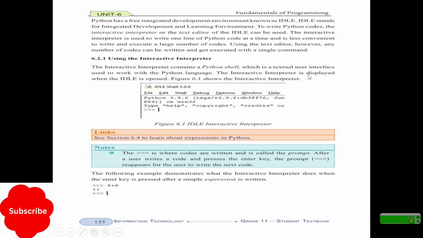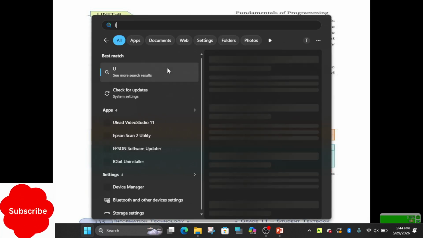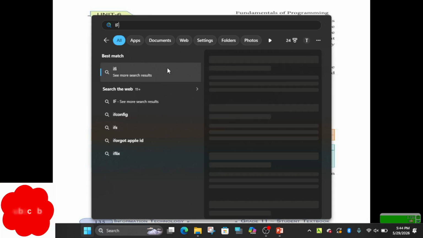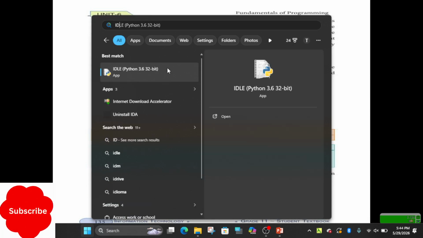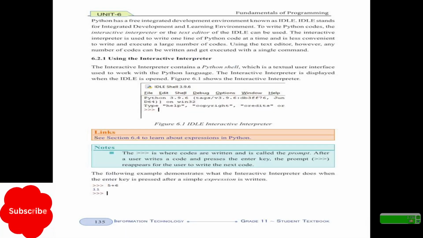The interactive interpreter is packaged with IDLE, so let's open this. Let me open the start menu and type IDLE. When you type the letters IDLE on the start menu, it displays IDLE Python.